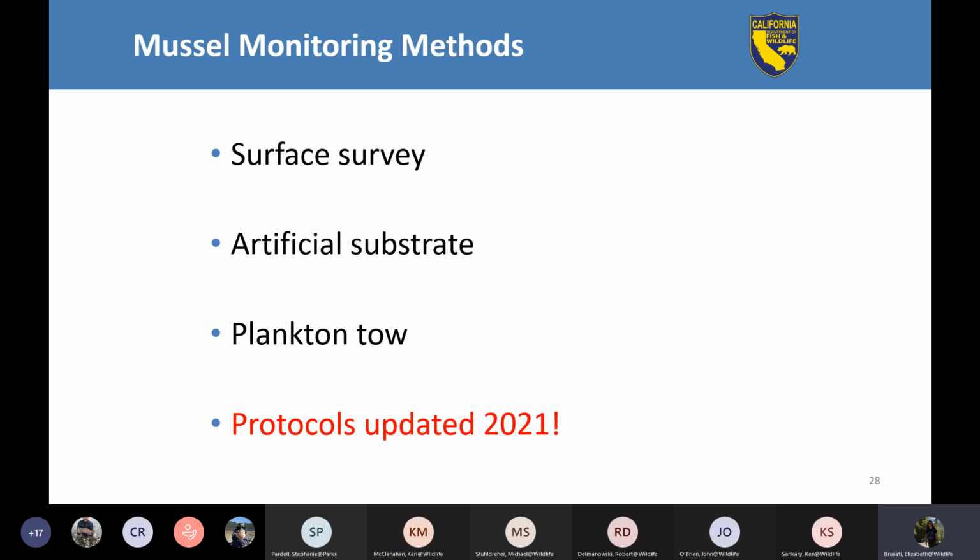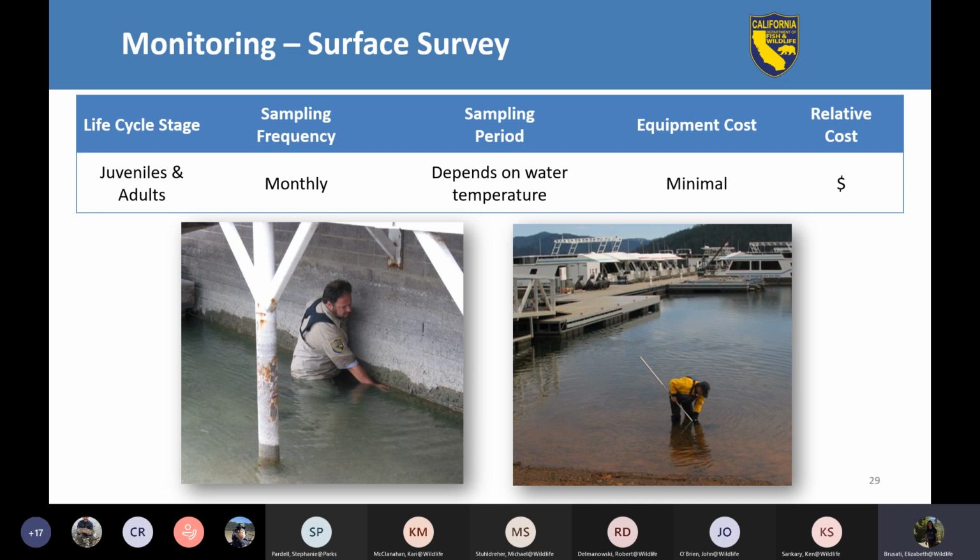And these are there to help you learn how to monitor, and our regional scientists can provide advice on and training on monitoring methods as well. So I'm going to go through each of these methods now. So surface surveys